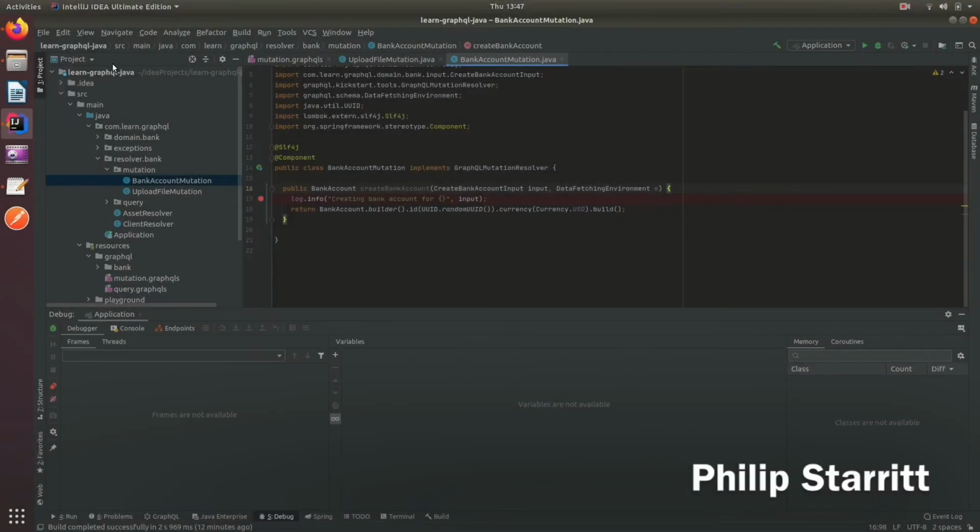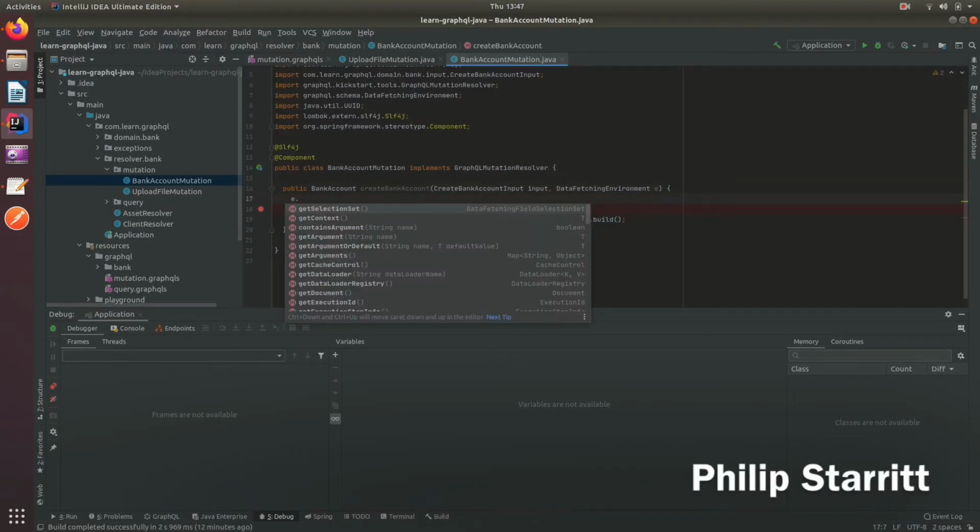In Spring Boot GraphQL, there's a class called the DataFetchingEnvironment. If you specify this as the last parameter in your resolvers, then the framework will automatically inject it and give you access to it. And if you don't have any parameters, you can specify this as the only one on the resolver. Now what this contains is a lot of really key methods